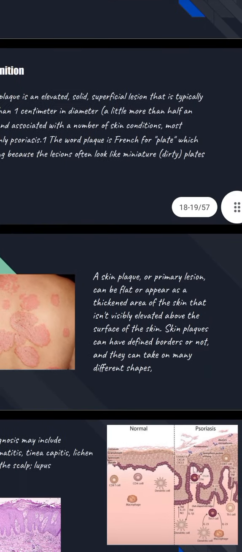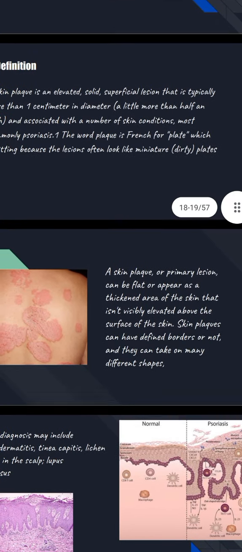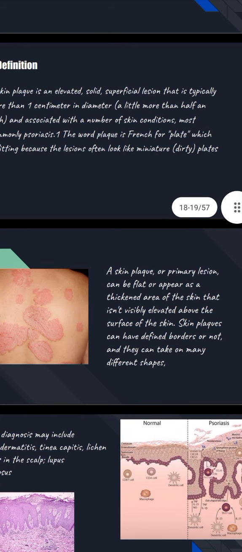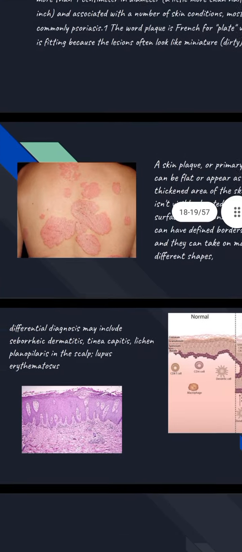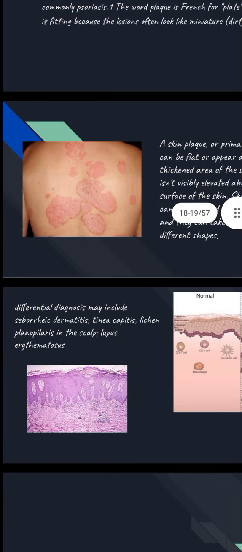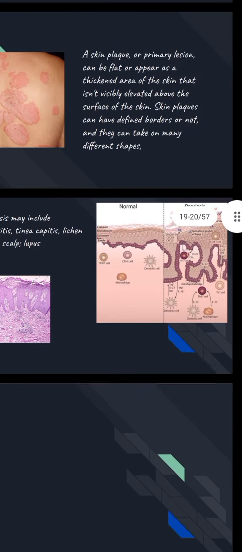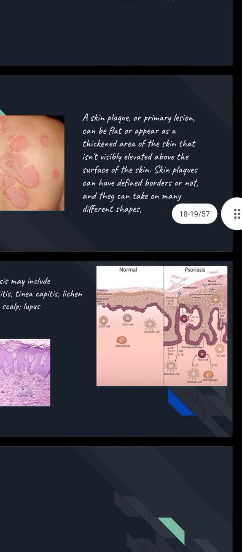As shown in the figure, a skin plaque or primary lesion can be flat or appear as a thickened area of the skin that isn't visibly elevated above the surface of the skin. Skin plaques can have defined borders or not, and they can take on many different shapes. The differential diagnosis may include seborrheic dermatitis, tinea capitis, lichen planopilaris in the scalp, lupus erythematosus. The histological representation: